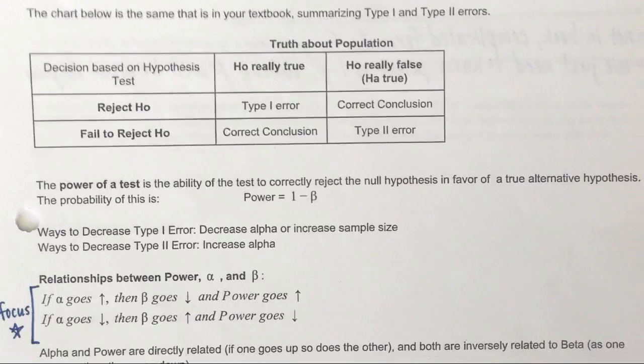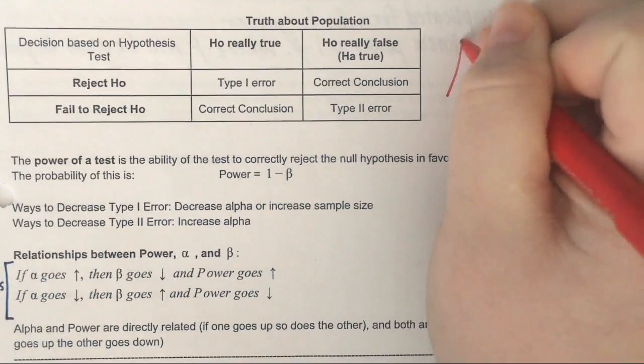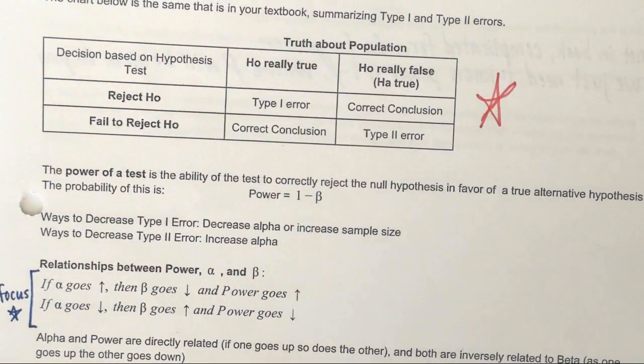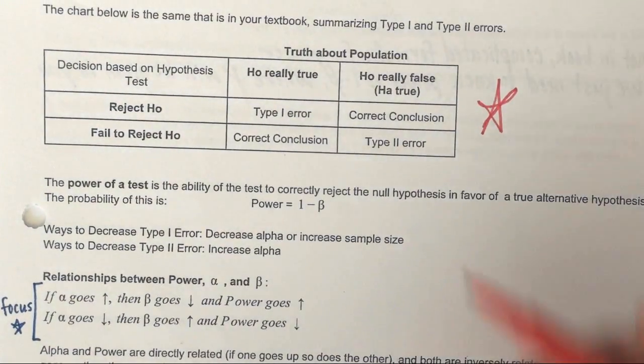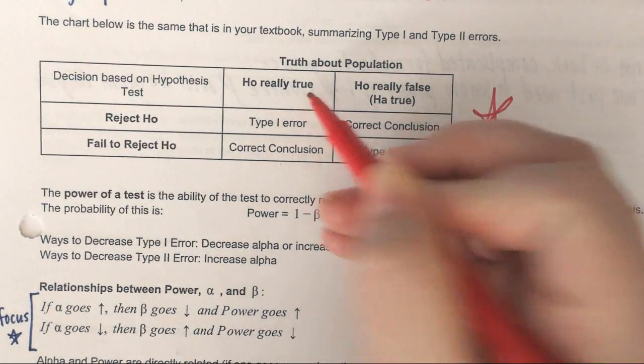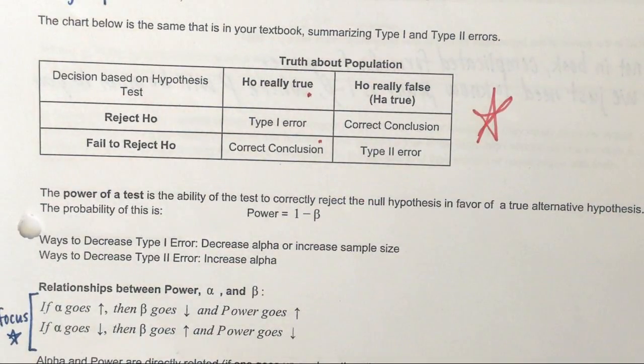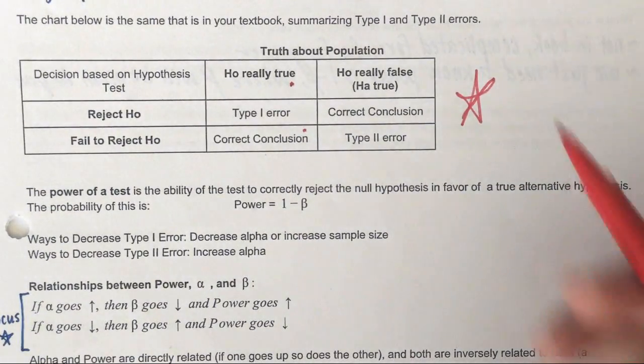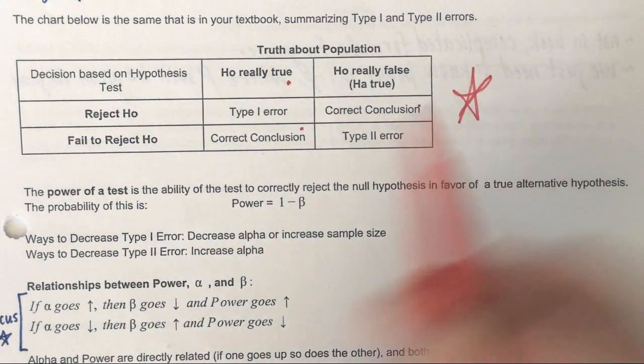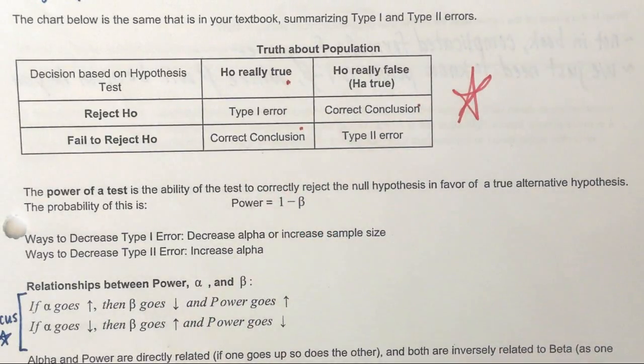Okay, and I like this chart. If you're still like, what on God's green earth is Miss Compton talking about today? Then this chart would be what I would study. So we're hoping that if the H0 is really true, you'll fail to reject it. I mean, that makes sense. The H0 is true, so I don't need to reject it. Your hope is if the H0 is false, if the P is low, you did reject the H0. The P is not low,